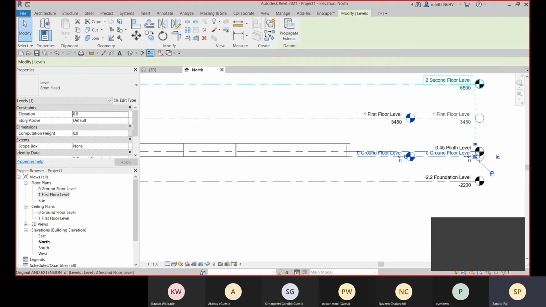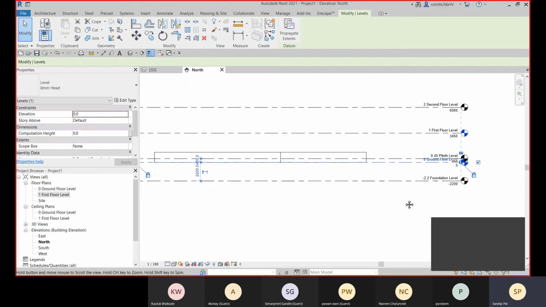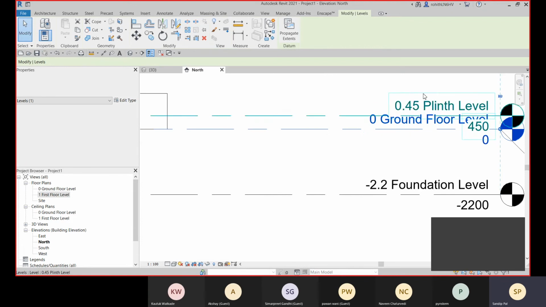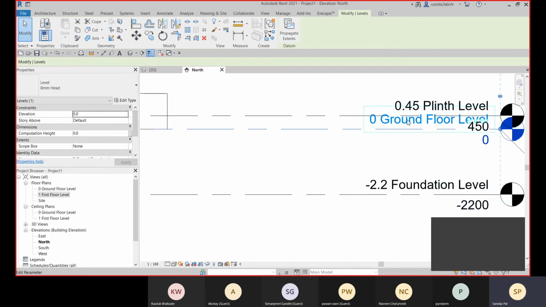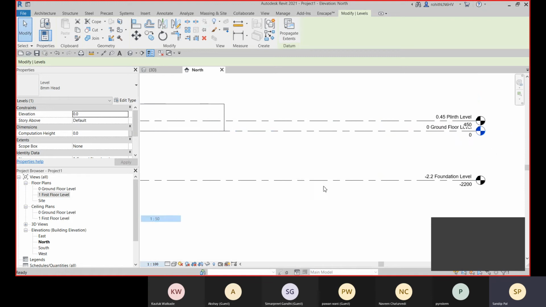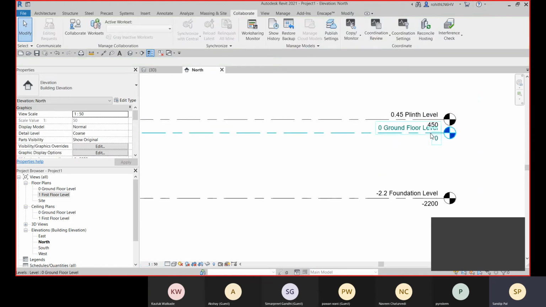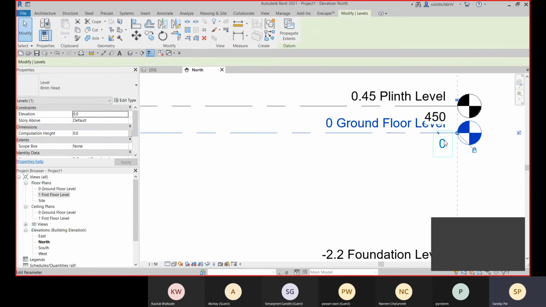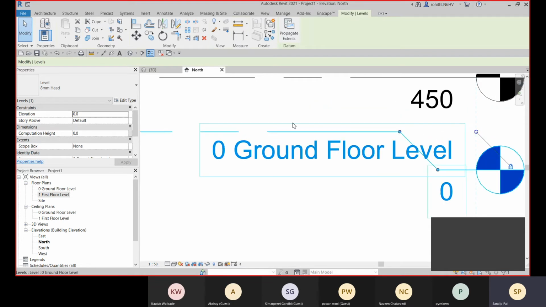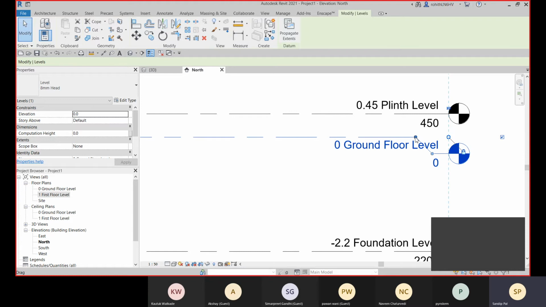Let me just place it over there, and here you can see that these texts are overlapping with each other. So you can change the view scale, and even after that if it is overlapping, we have the Add Elbow option, so you can add this elbow. Click here, you see this is the break option, you can add this elbow. With these grip points you can adjust if you need to.